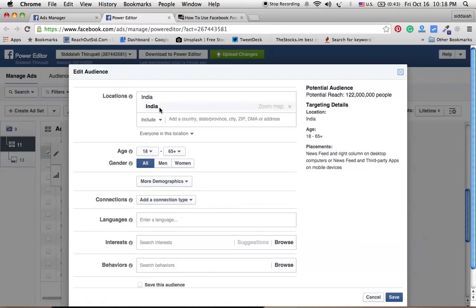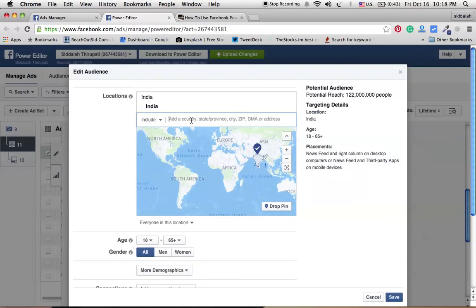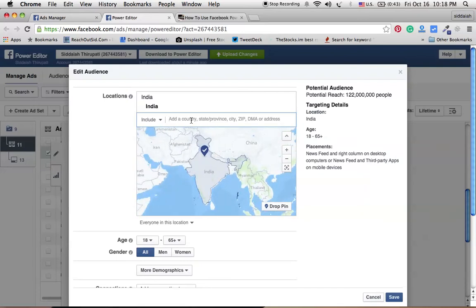So here we have to enter our geographical area. Right now I am in India, that's why it has selected India. Here we can add a country, province or zip address, like United States,